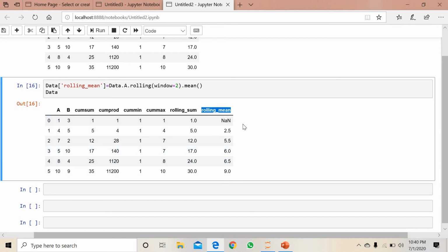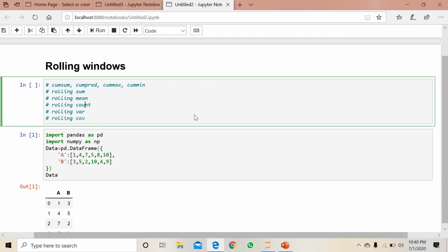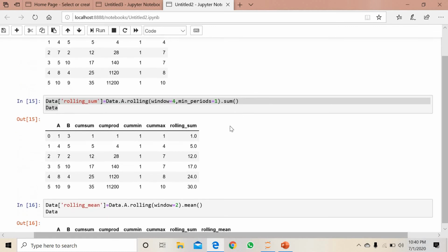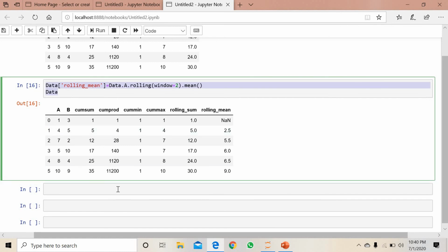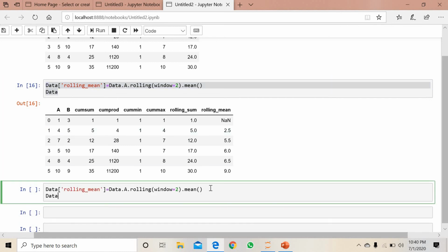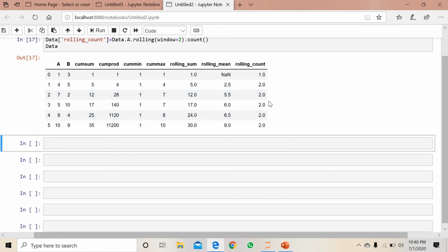Okay, how this works we have already looked at, right? Now which one is the next, that is count. So simply in place of mean, we need to use count, and here as well I will change the name. You can see count is there. How this works we have already looked at, right?